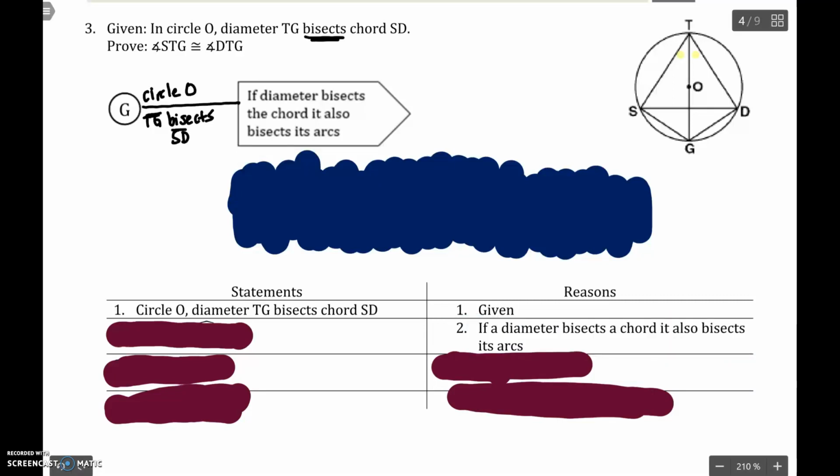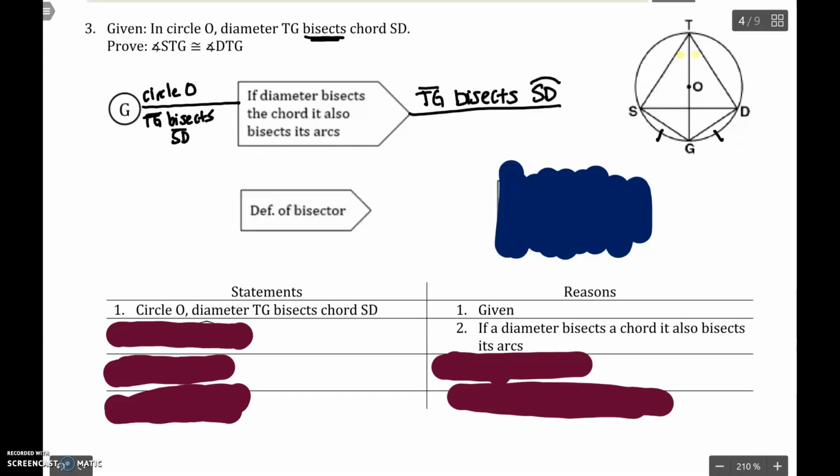So that would mean that arc SG and arc GD are going to end up congruent, because if TG bisects chord SD, then TG also bisects arc SD, and by the definition of bisector, that would make arc SG congruent to arc